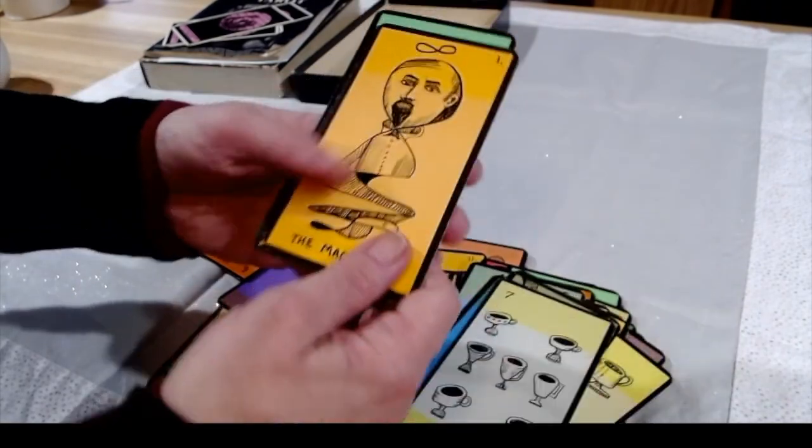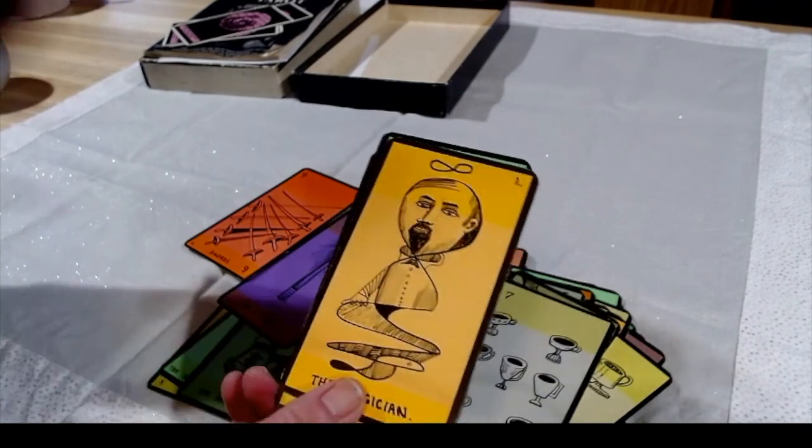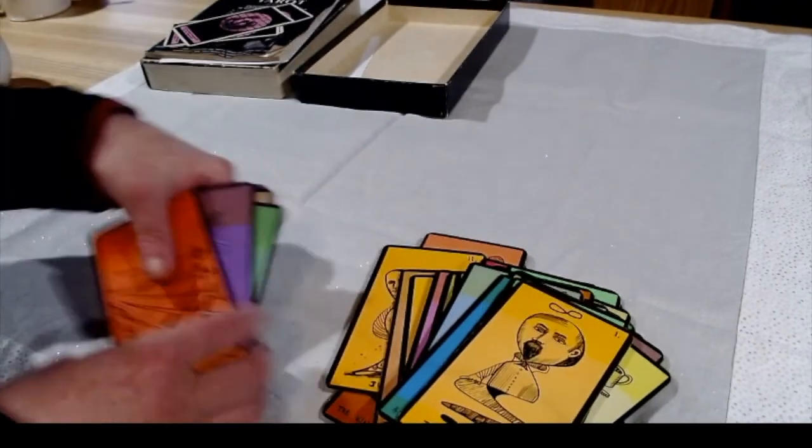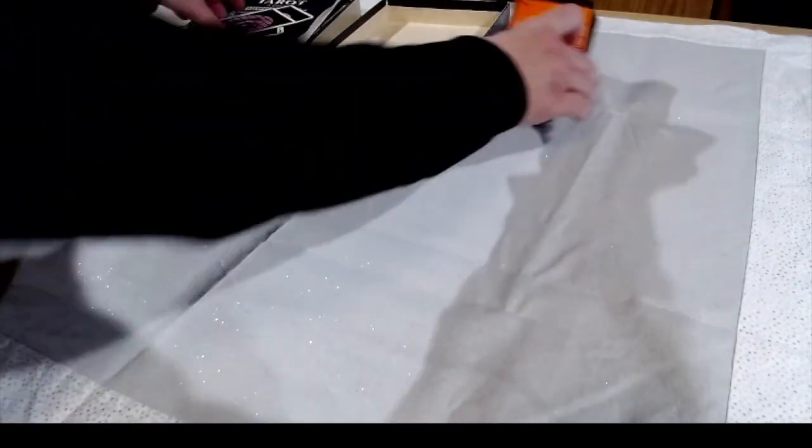Strength. There's the Magician. So of course he's got the lemniscate at the top, and then it almost sets the motif for the whole deck of these lemniscates. Let me show you the book a little bit. The book is very unusual, or some aspects of the book are unusual